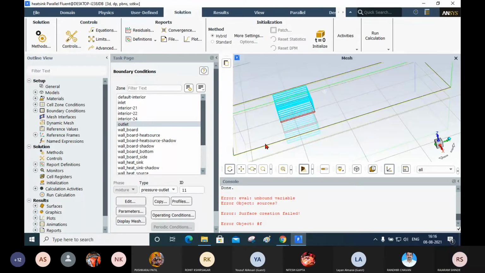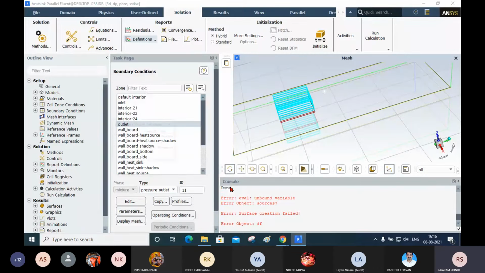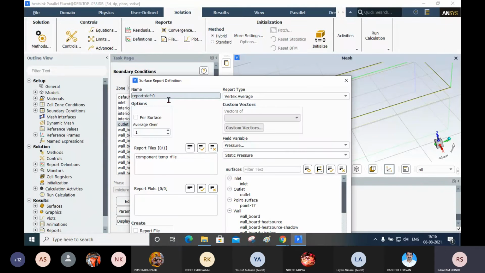Next, after doing this, you go to one more report definition, that is new, and this time it is surface report, and here we are using vertex average. Now here I am going to define the air temperature, and how it is changing, that I will show you.